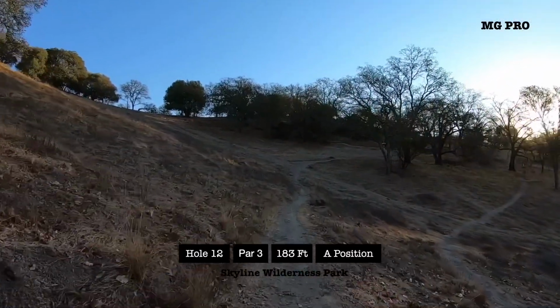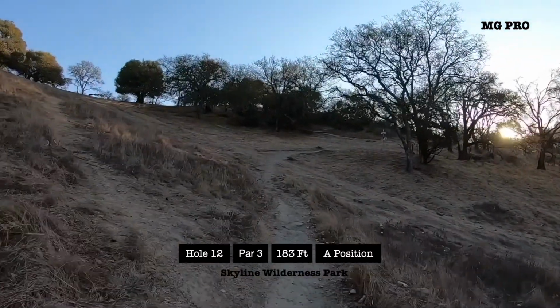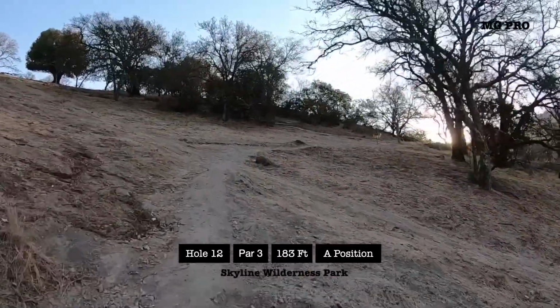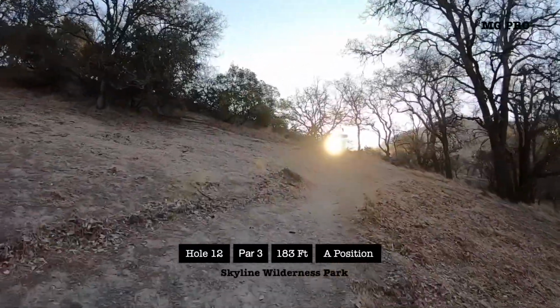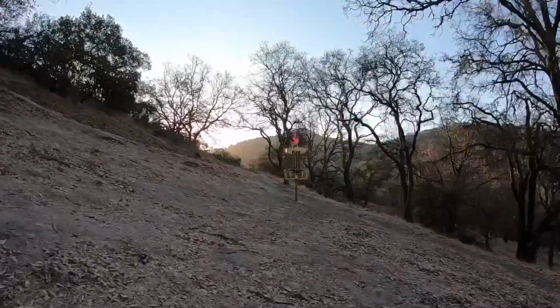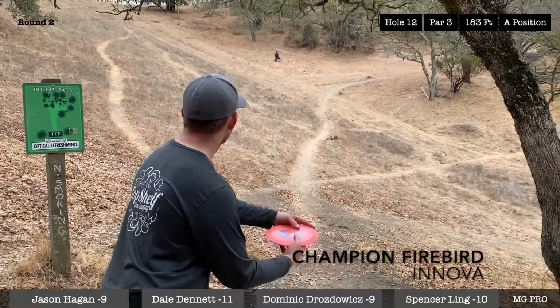We still have high drama here on this back nine, final nine, 2-round tournament, Pop Shelf number 2, MG Pro presenting this stuff. Here we've got the short position on hole 12. Most people are probably going to throw a turning backhand or a forehand, and with the dry conditions, you can just hit the slope and it'll kind of skip up to the basket. So you might see some...